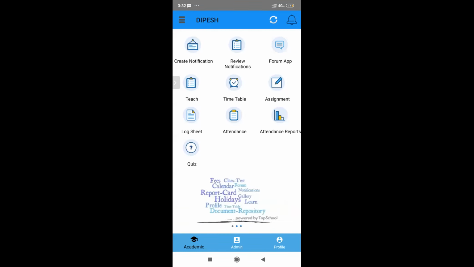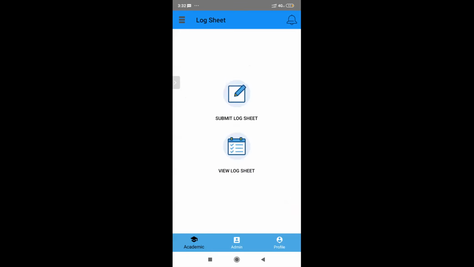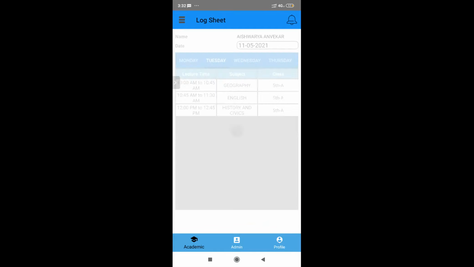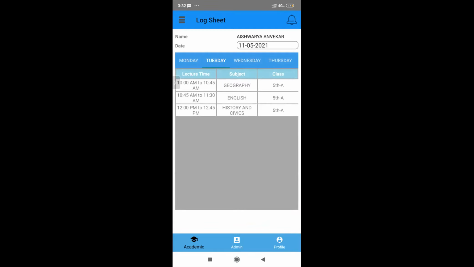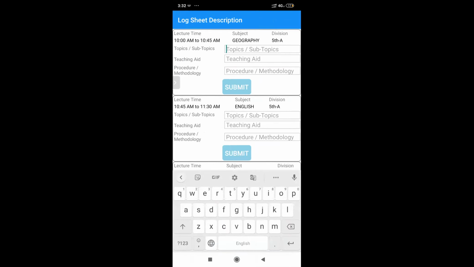We'll move forward to log sheet. Now, log sheet is related to the timetable, and it's also very important. So for log sheet, every day as teachers are carrying out their online teaching, it's hard for the school to track how much is happening on a daily basis. So log sheet can prove very beneficial in that sense. So every day the teacher can see her timetable, the lectures that she has taken for today, and she can fill the topics and subtopics that she taught today.